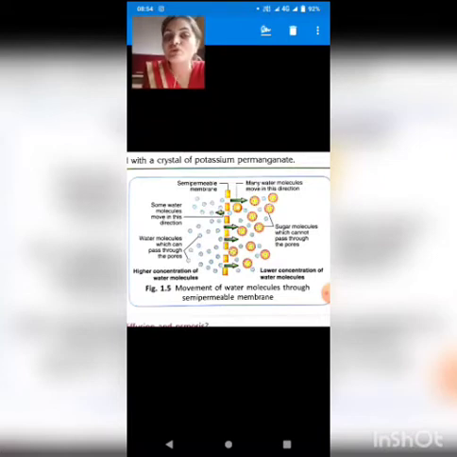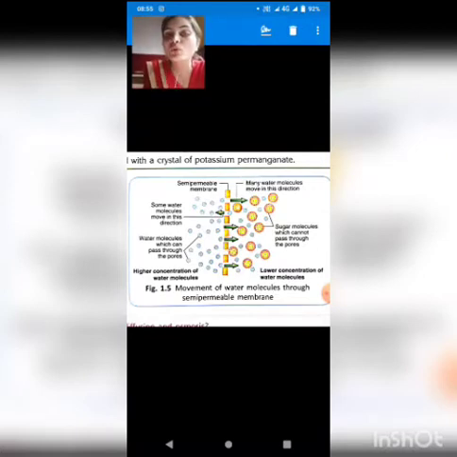In the process of osmosis also, the movement of molecules takes place from the region of higher concentration to lower concentration, students. But in this, one important term comes along, and that is semi-permeable membrane. It means the definition of osmosis and diffusion is the same, but in the case of osmosis, the movement of solvent molecules from the region of their higher concentration to the region of their lower concentration takes place through the semi-permeable membrane.